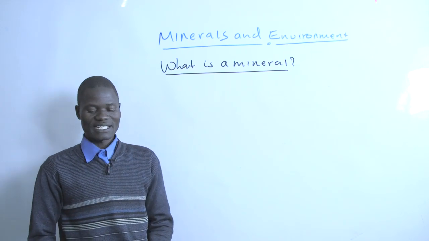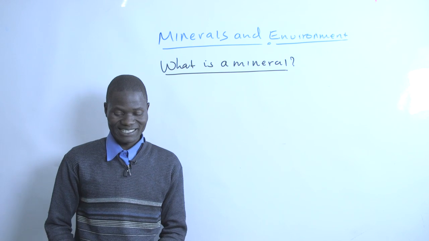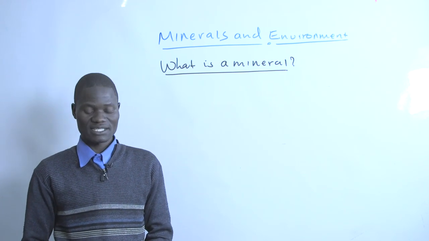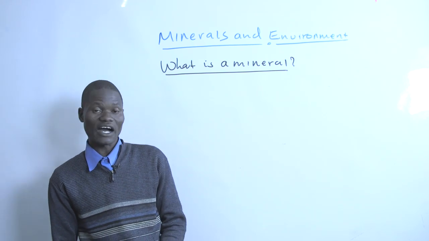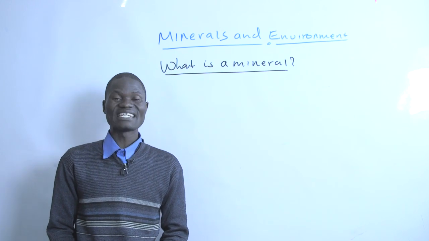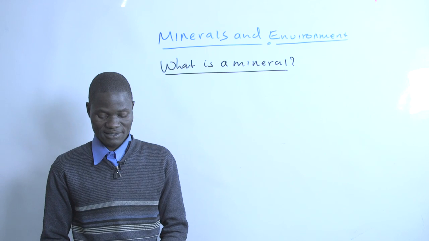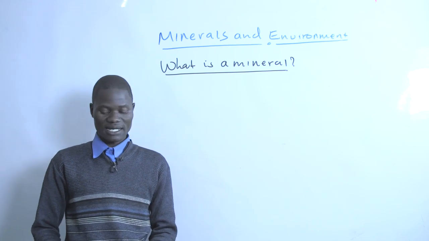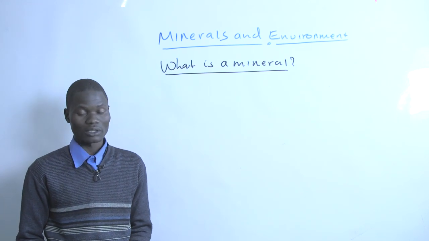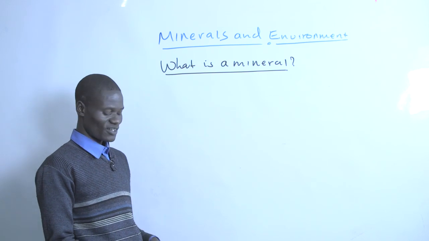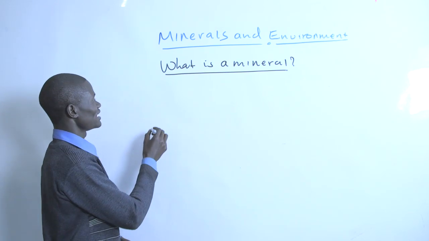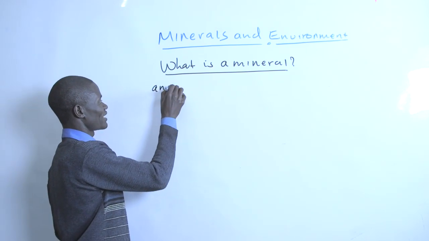A mineral is a naturally occurring inorganic substance that is found beneath or on the earth crust, and it has a definite chemical composition. We have been able to see that it is a naturally occurring